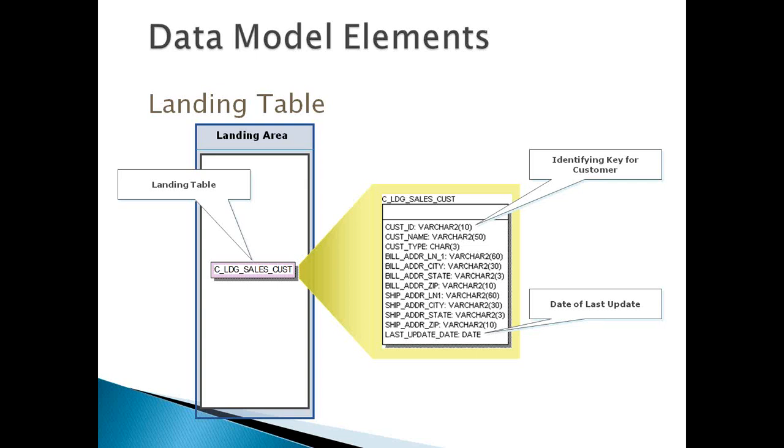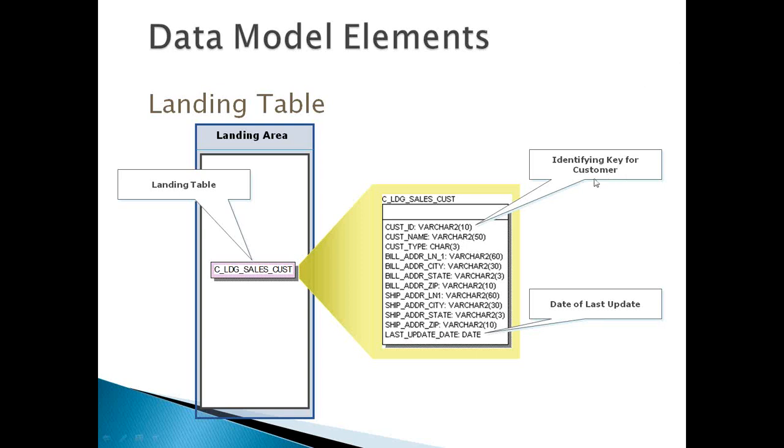Even though in your base object or the final table it might be a not null column, usually in the landing table we keep everything as a nullable column, because we want to load everything, then find out the quality of the data, which is bad data, good data or duplicate data, and process it accordingly. So once the ETL team loads the data, we check for two things. One is the identifying key for the customer.